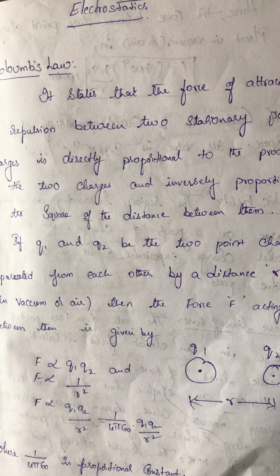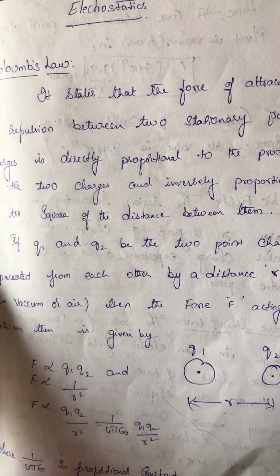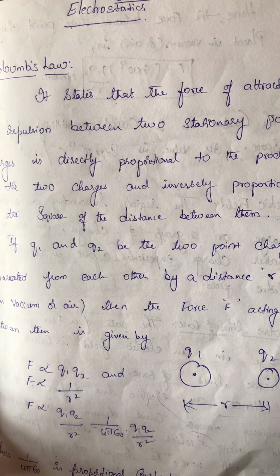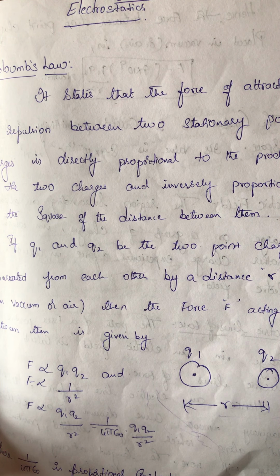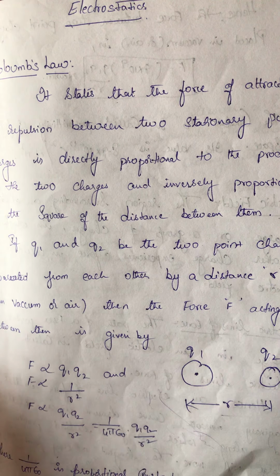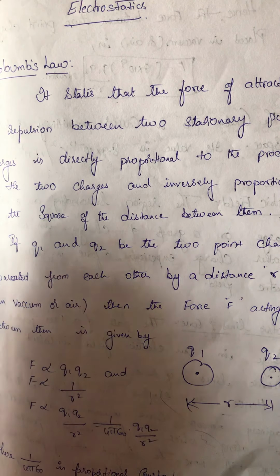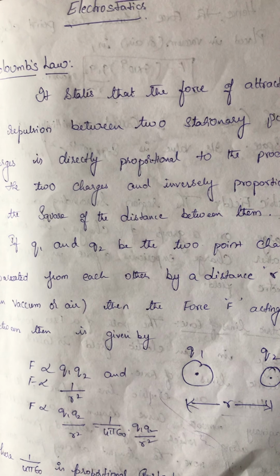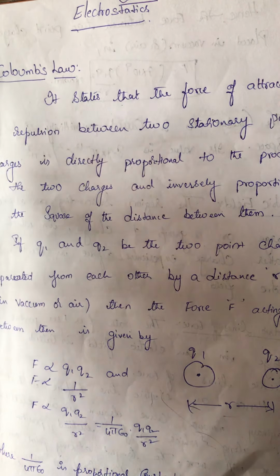Next, electrons revolve around the nucleus. Electron is a negatively charged particle. The number of electrons or protons is treated as the atomic number of a particular element. And what is the mass number? The mass of neutrons and protons combined we call the mass number, that is A. Atomic number is indicated by Z and mass number by A. Now we will see Coulomb's law.